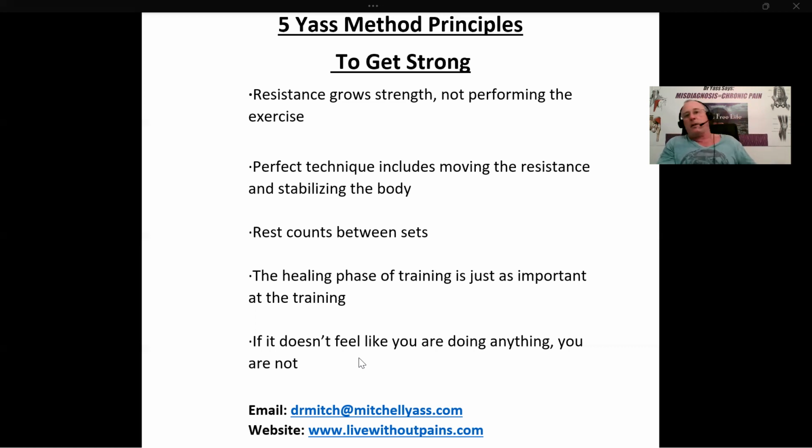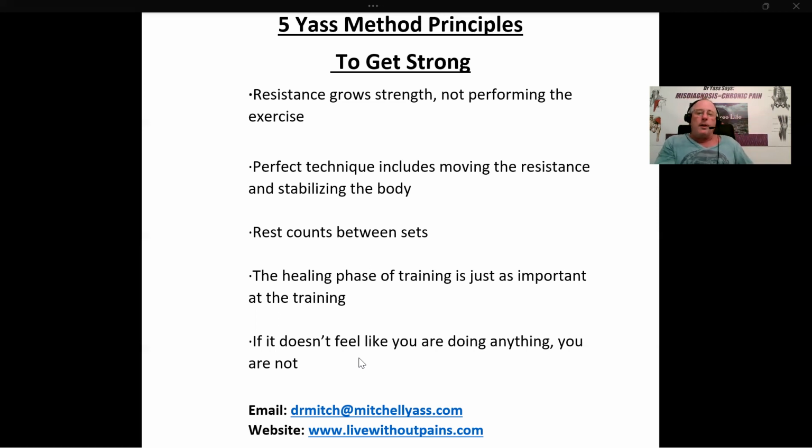So if there's a weight-related issue, you're trying to get stronger, by all means, you want to do strength training to increase what is known as your resting metabolic rate, the amount of calories you're burning at rest. And strength training basically is the only type of exercise that allows that to occur. So that's another benefit of getting stronger.